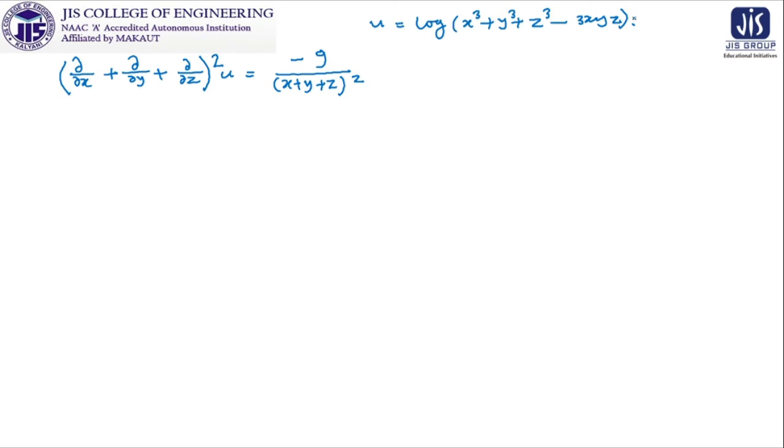So what we have already proved is del u del x plus del u del y plus del u del z is equal to 3 by x plus y plus z. It is already proved by us. We are going to use this. So we can write it as